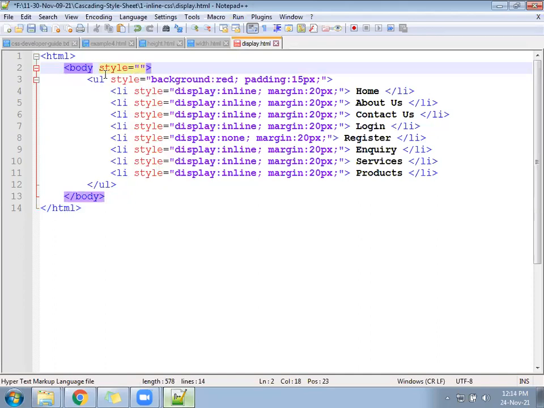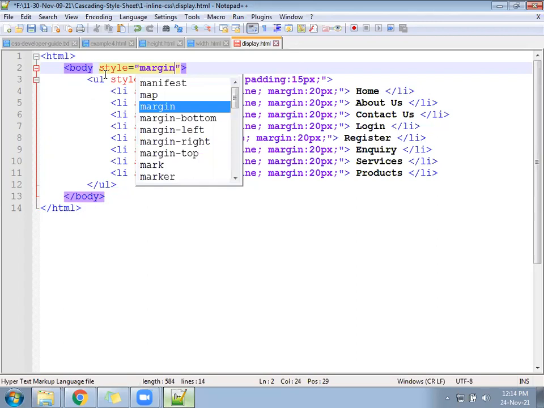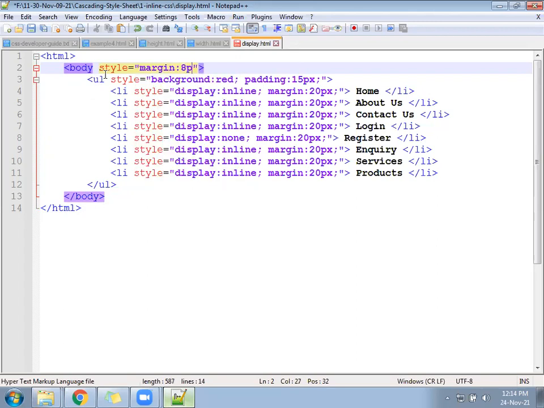That is called margin. Margin, keep 8 pixel and check whether it remains the same or changes. Margin keep 8 pixel and check once whether it remains the same or got changed. Remains same. Okay, remains same. That means by default it is how much? 8 pixel. If you want to increase, you can increase also. If you want to remove, you can give here 0 pixel.